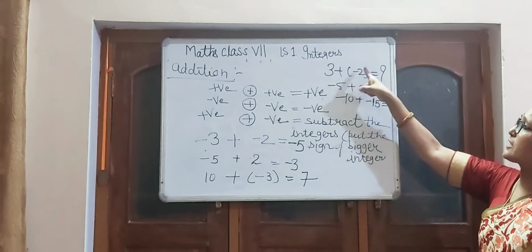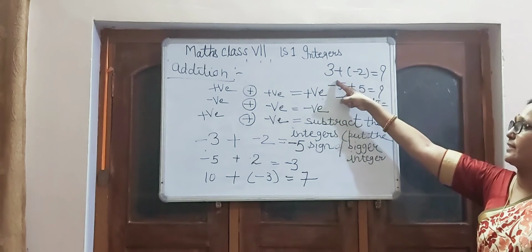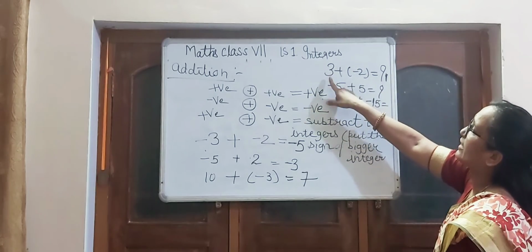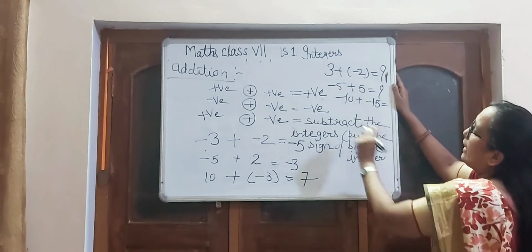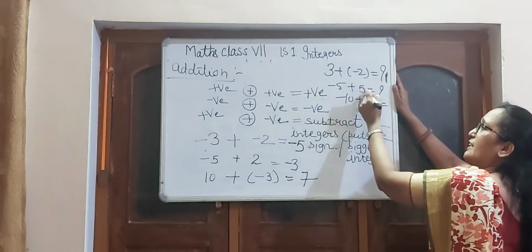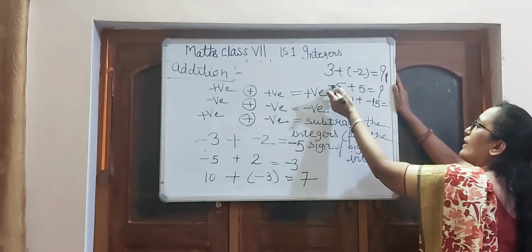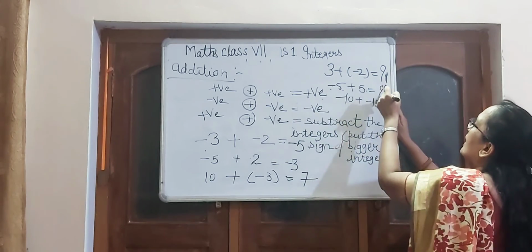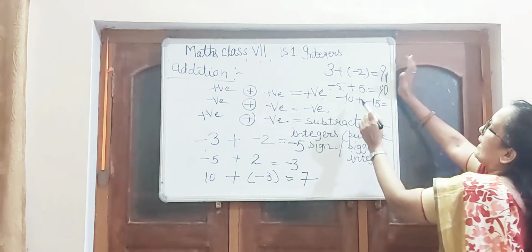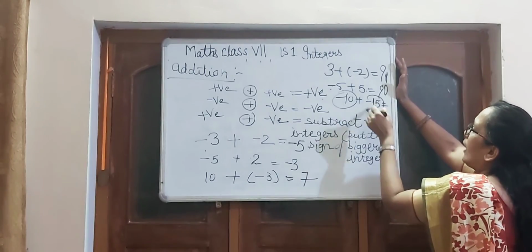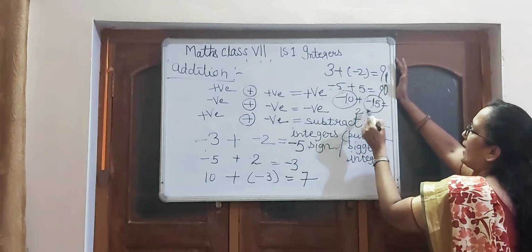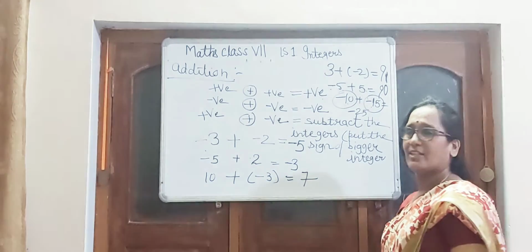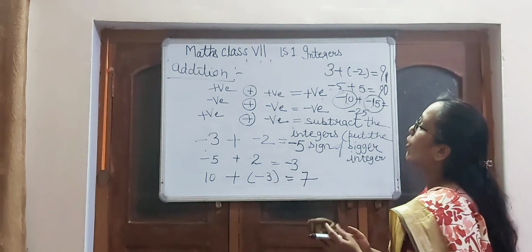So, see here, 3 plus minus 2. One is positive, one is negative, subtract. Out of 3 you subtract 2, you will get 1, and the bigger integer 3 is positive. So the answer is plus 1. Here, the same number appears with opposite signs, one is minus, one is plus. So when the same integers have opposite signs, their answer is always 0. And here, these are also negative integers, same sign, so always add and put the same sign. Okay students, did you get it? Okay. So now this is for addition.